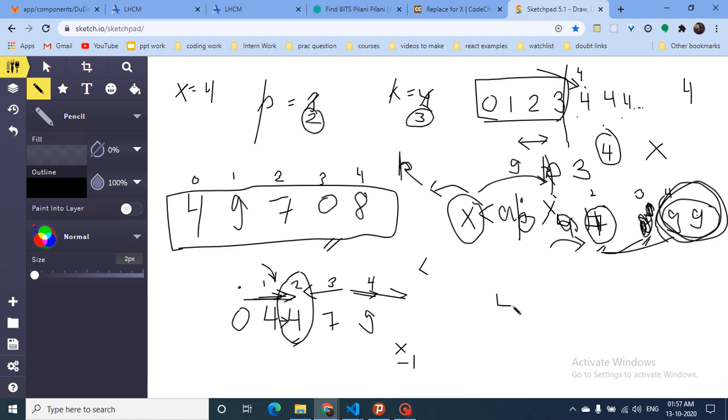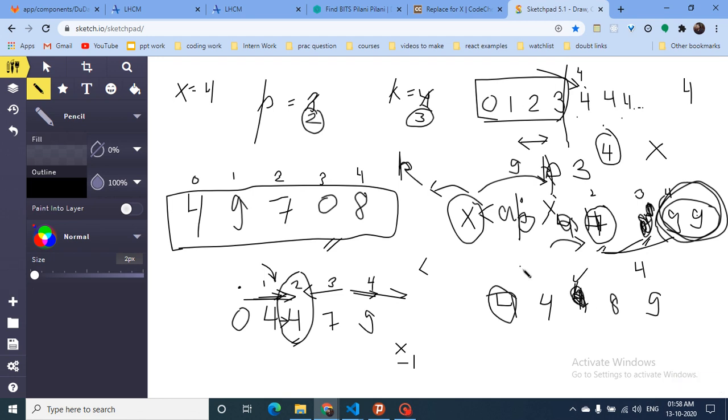So as you can see, if I again draw this array out, 0 4 7 8 and 9, and then I can replace, let's assume, the second smallest number, and I also want the second smallest number equal to 4. Then I will keep on inserting 4 at this position. If I keep on inserting 4 at this position, then this will be 4 again. Let's assume I want 1 at this position, then I will keep on inserting 1 at this position.